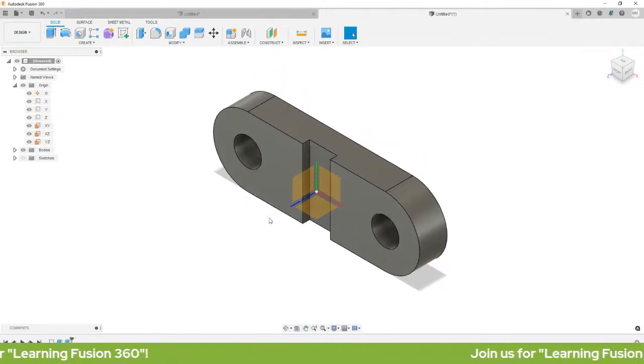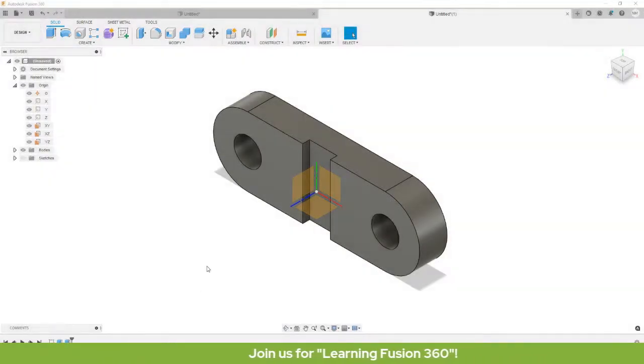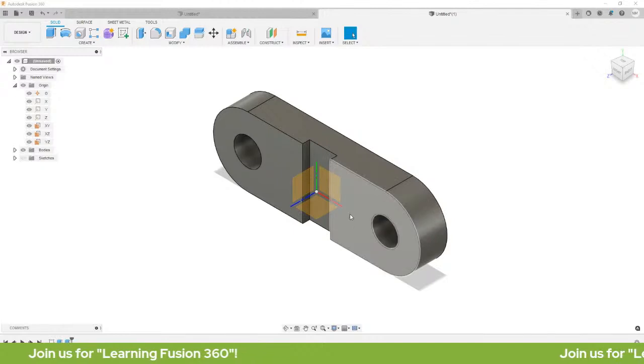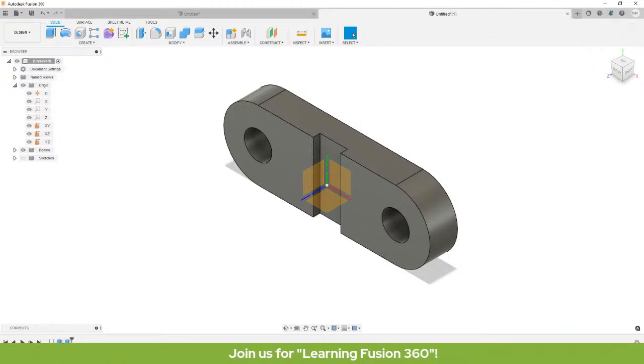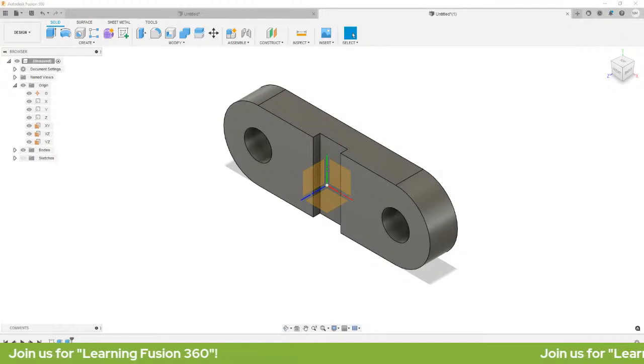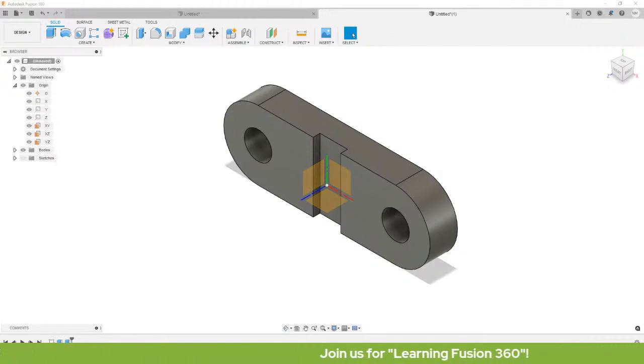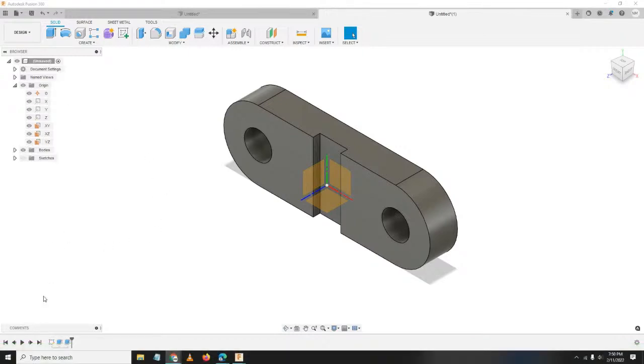Okay. So, question. Can we redefine the sketch plane? Pwede ba natin i-redefine? Okay. So, pwede. Pwede natin i-redefine yon. So, balik kayo kay timeline. Balik kayo dito kay timeline.